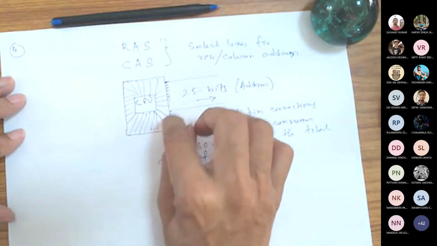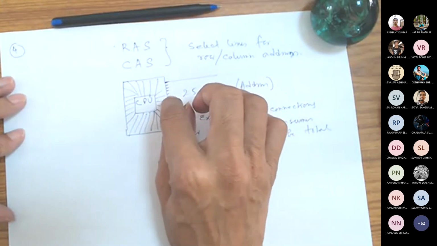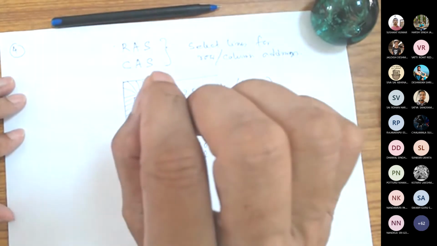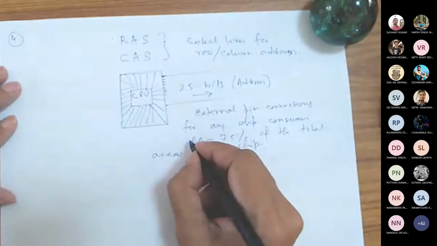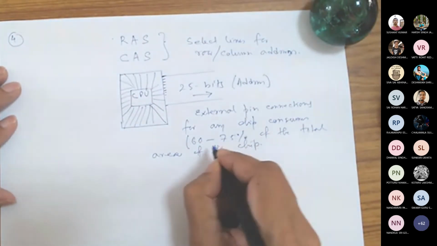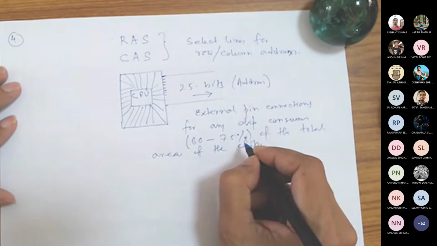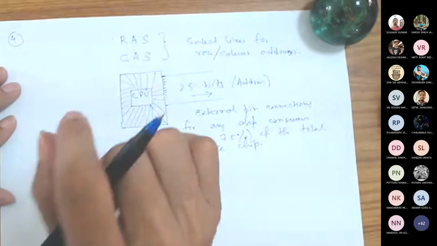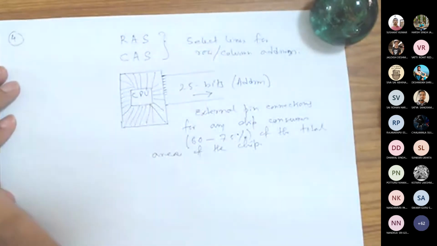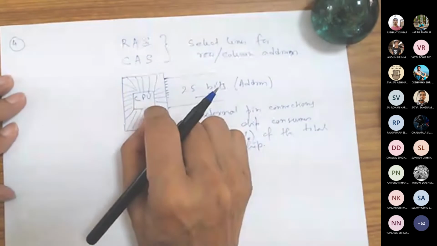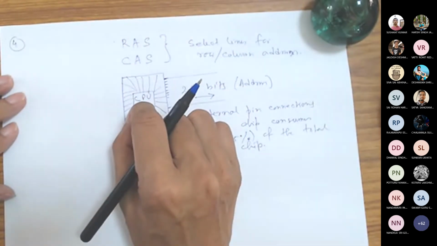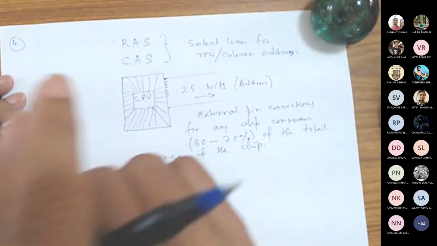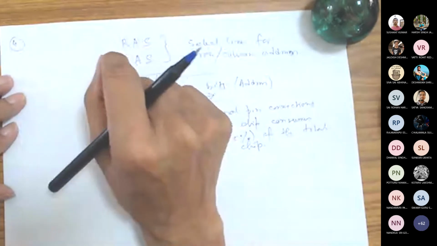And since they will be connected with some other devices, we need visible points coming out of the processor. I may not be exactly correct on the statistics, but if I remember correctly, somewhere between 60 to 75%, or 3/4 of the chip area, is dedicated only to getting the external connections. So if 3/4 of the area of a chip is used for external pin connections, your objective should always be to reduce the number of external pin connections.